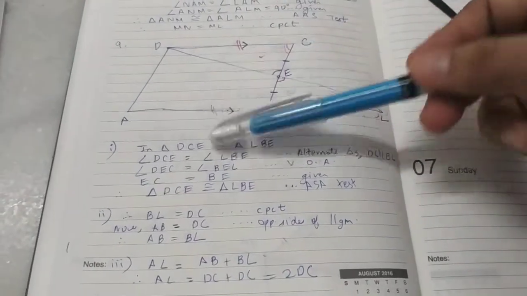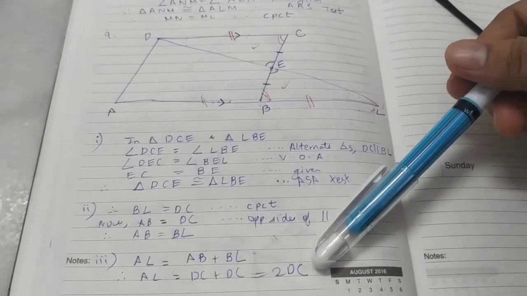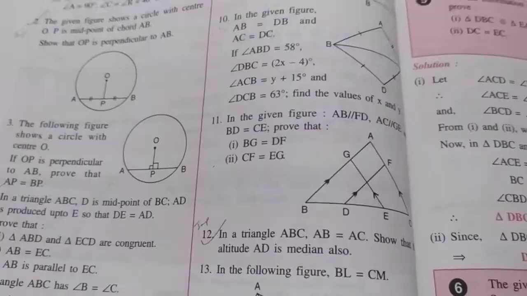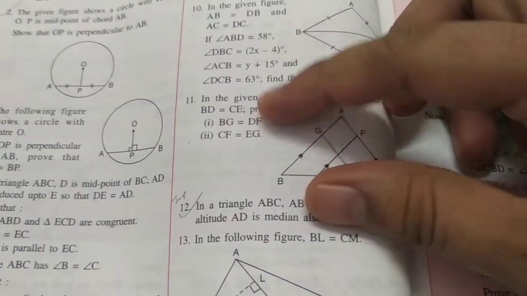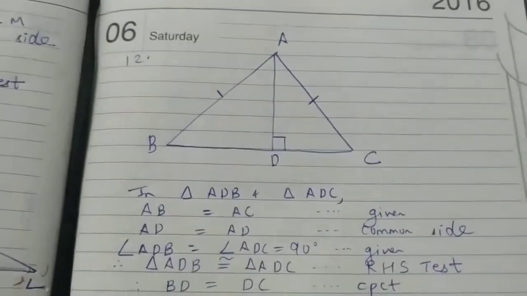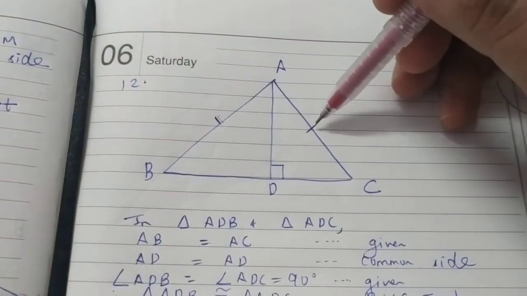But this is equal to DC and this is also DC. So I can say AL is actually twice DC. Sum is over. This chapter is so easy. 12th sum is IMP. That doesn't mean it's difficult. It's very easy. The sum is that in this triangle, it's an isosceles triangle, AB is given as equal to